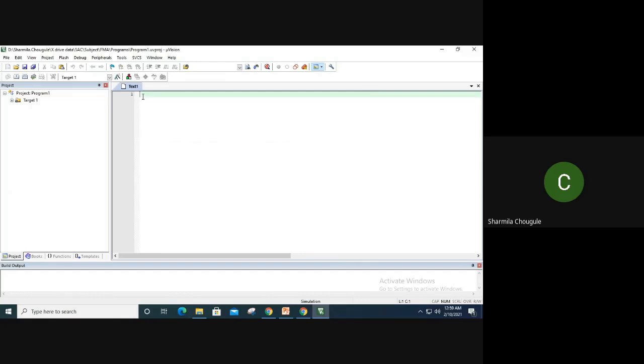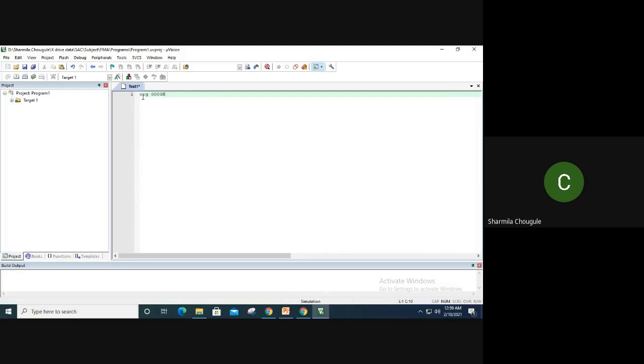In that, we are going to store a value in the accumulator, or rather, we are going to store the value of a hex number in a register. That 3-line program I will show you. First of all, I'll assign the memory location. So this is ORG 000h. This is from where I'm going to start my programming. This is the memory location I have assigned.